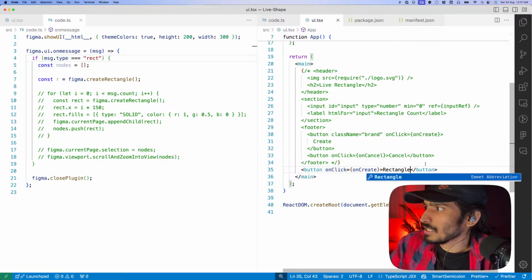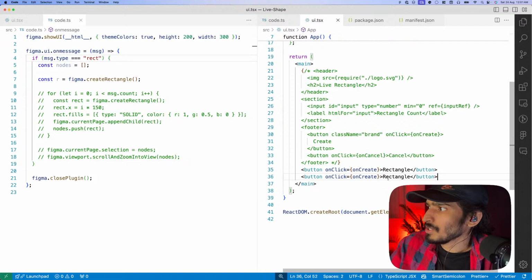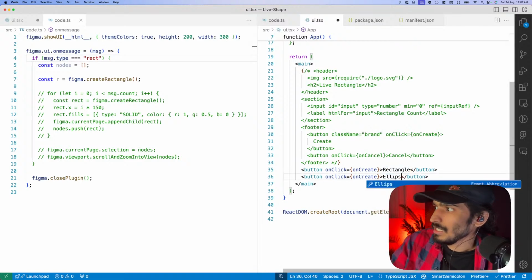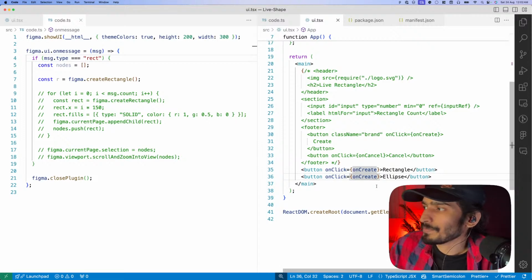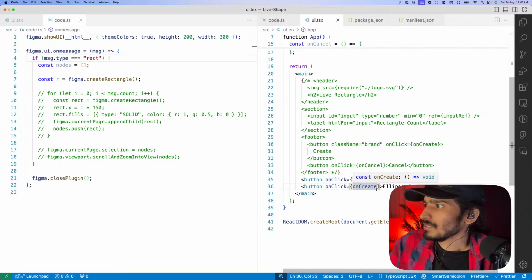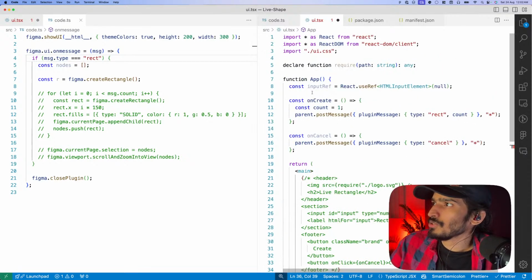So this is creating rectangle. Let's create one more button, and we will call it ellipse. Perfect. We can create a function which passes an argument also, but right now I am trying to do simple stuff which is easy to understand. So let's create